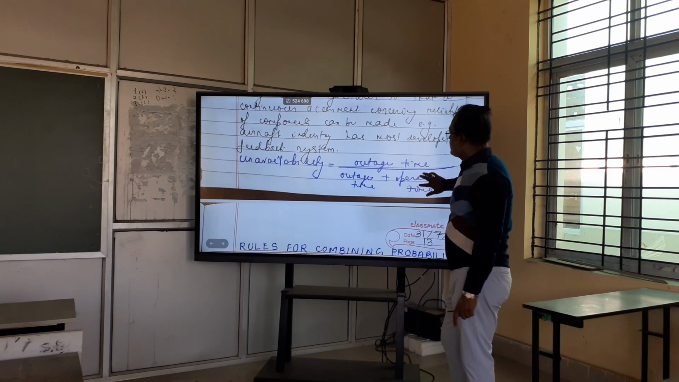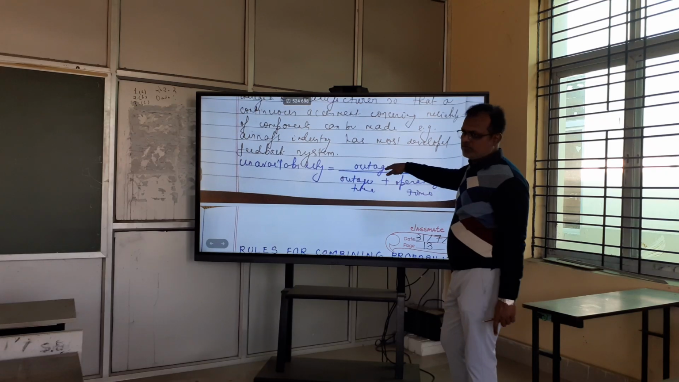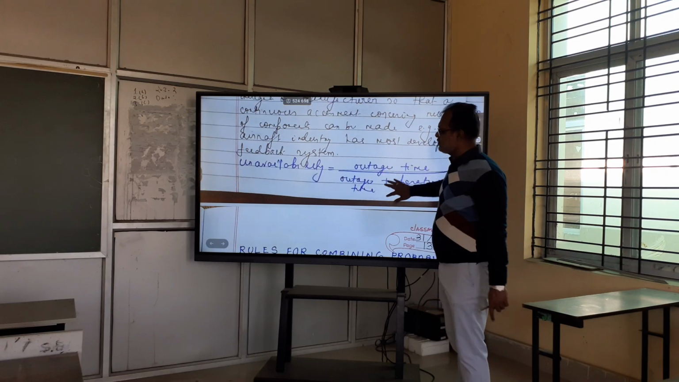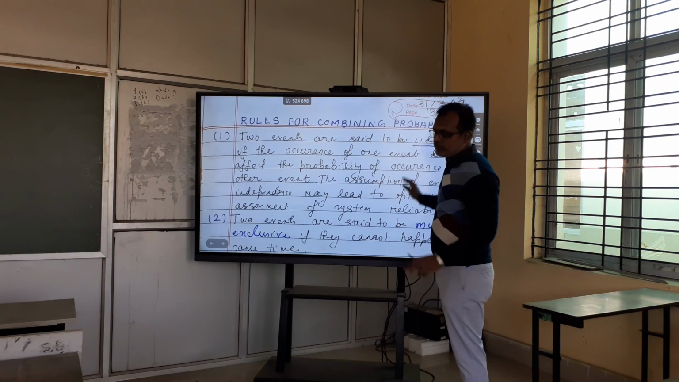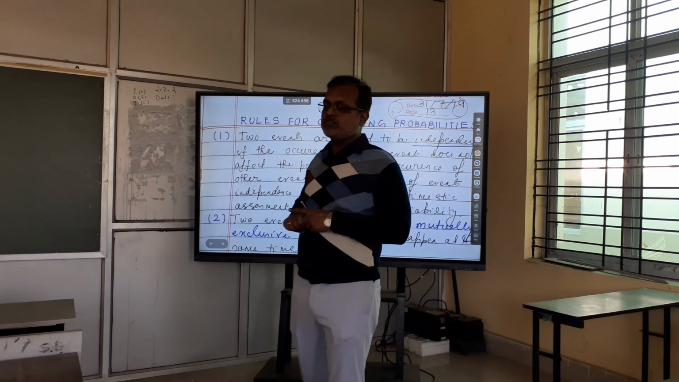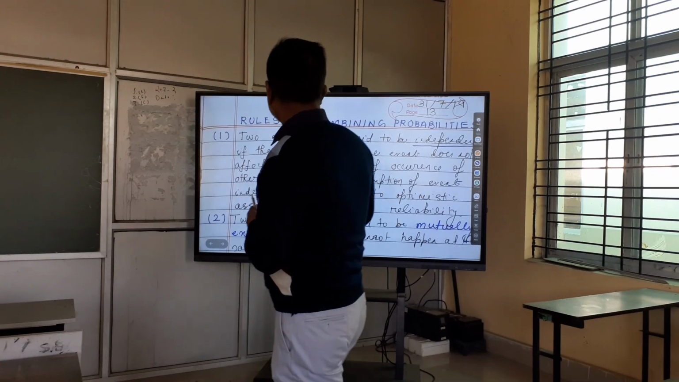Now this one we will see later. This is related to power system only. Unavailability we have already written that. So 3 points we have written: probability, permutations, combinations. Now the fourth point is